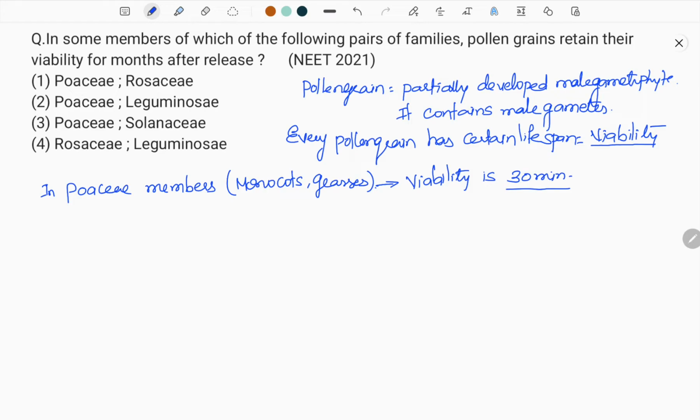Within half an hour, the pollen grain has to be liberated from the anther. It has to travel all the long way and reach the right type of stigma of the flower of the species. Then, after successful pollen-pistil interaction, it has to germinate on the stigma and develop the pollen tube to effect fertilization. So from dehiscence till pollination of the right stigma should take no more than 30 minutes. If it is more than 30 minutes, the pollination is wasted, the pollen grain is wasted.